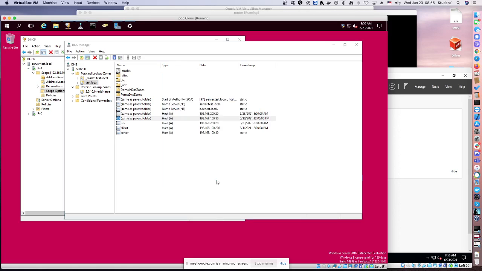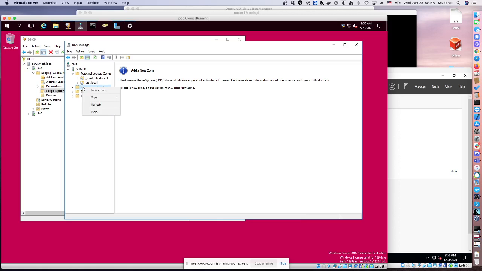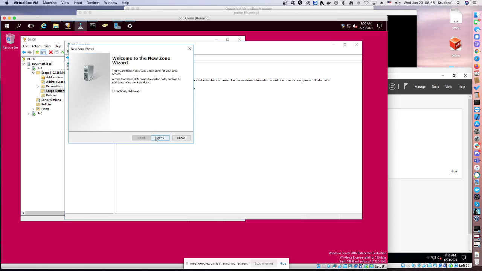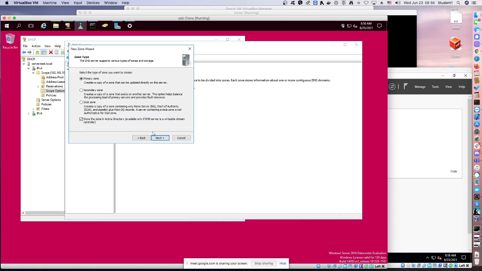Oh, okay, so we know the reason. Remember, that's not the good one, right? So we need to delete this zone and recreate it again, right? So we're gonna recreate this one. We're gonna say new zone, next, primary zone,